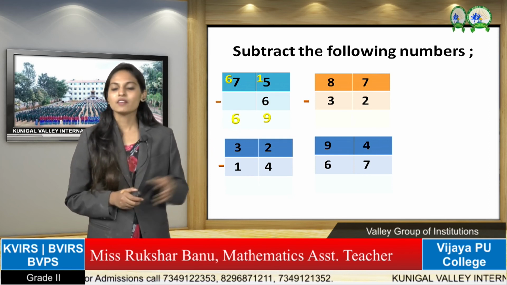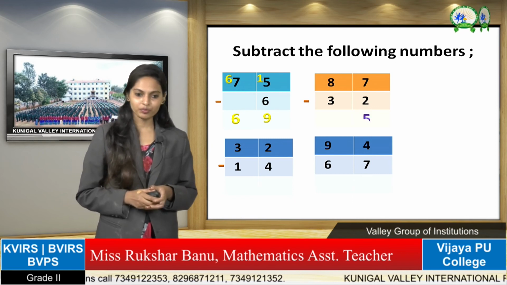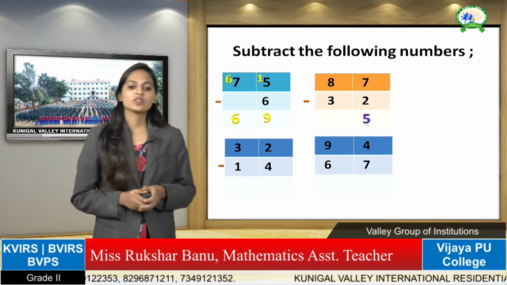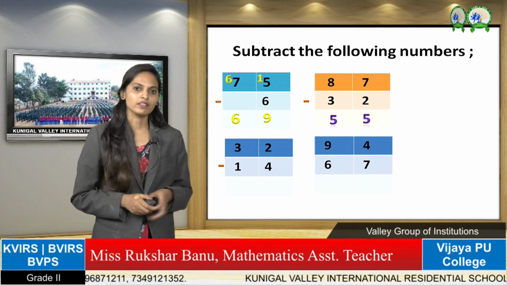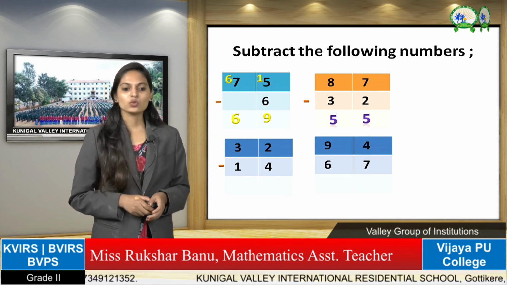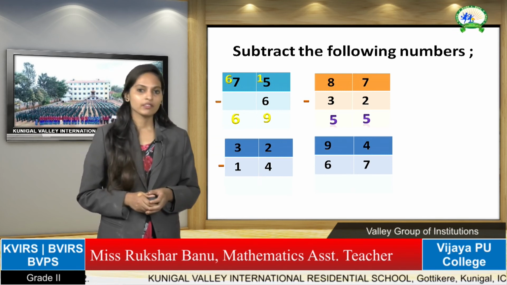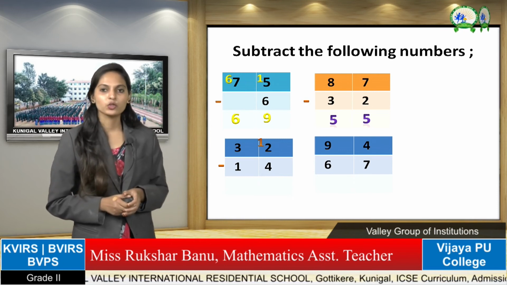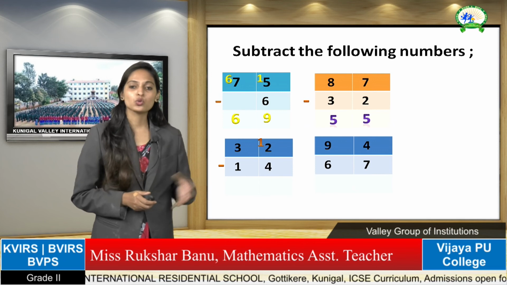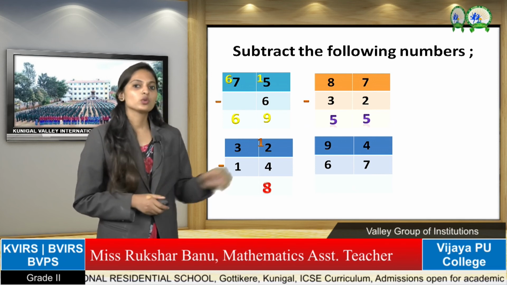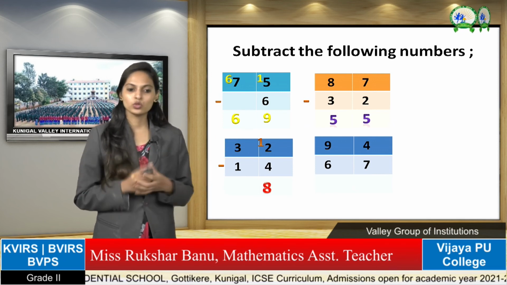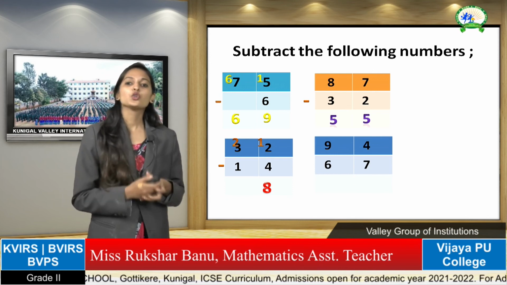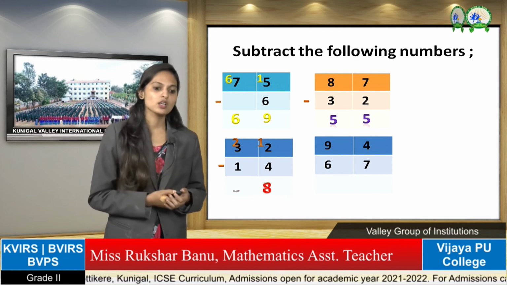So here next one, 7 minus 2 is equal to, yes, 5. 8 minus 3 is equal to 5. So like this you have to write. Next one is 2 minus 4. We can't take 2 minus 4. So what we have to do? We have to take 1 ten from 3 tens. So now 12 minus 4, 8. So here what number will be there? Yes, 2 will be there. Okay, so now 2 minus 1, yes, that is 1.